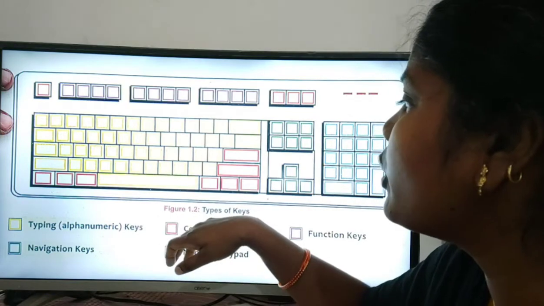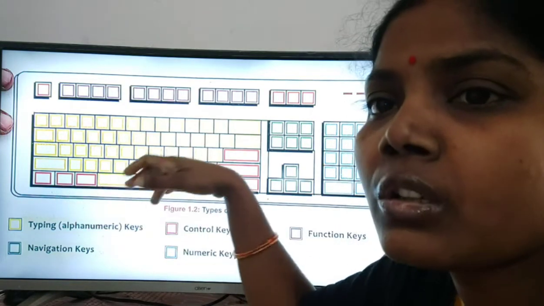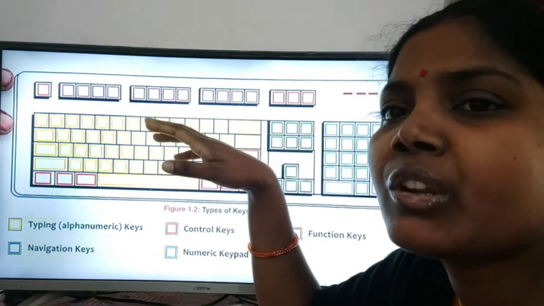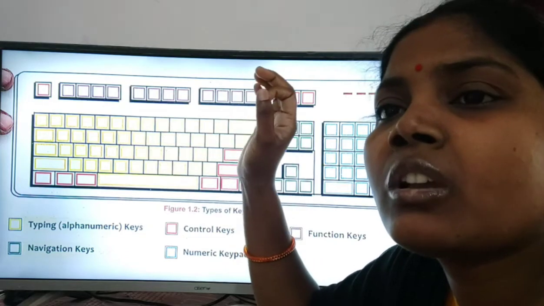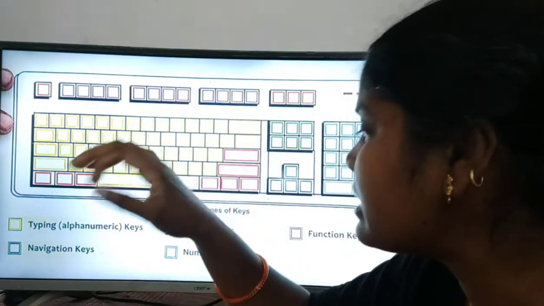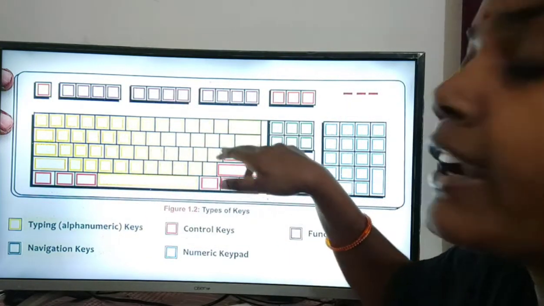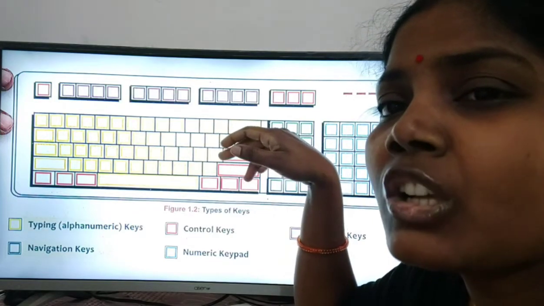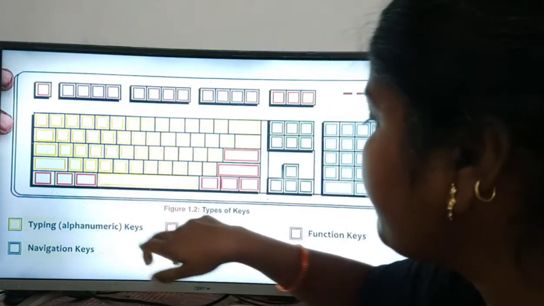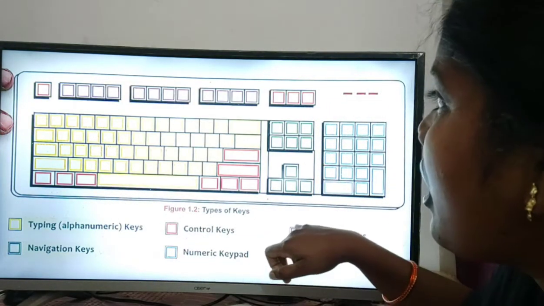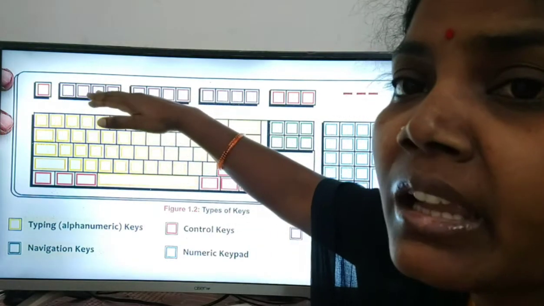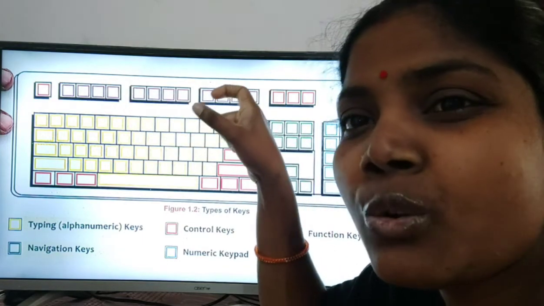And the second one, control keys. In your books the keyboard picture is there. Please open your book and see the picture of the keyboard. The keys having yellow color are called typing keys. The keys having red color are called control keys. And function keys are at the beginning of the keyboard, in the first row of the keyboard.